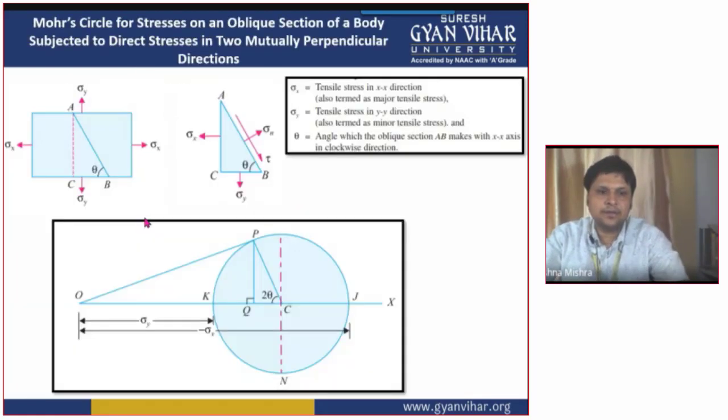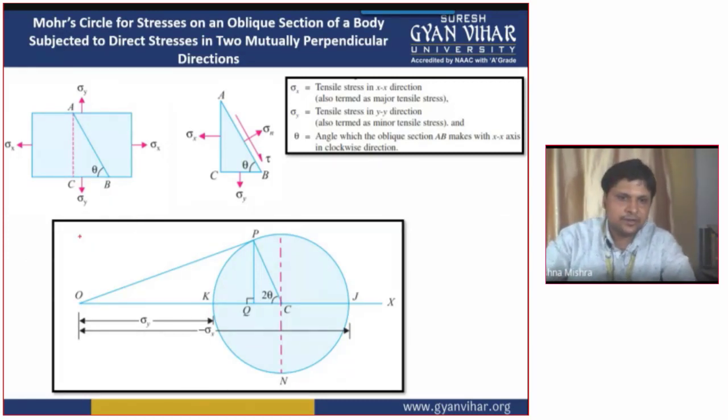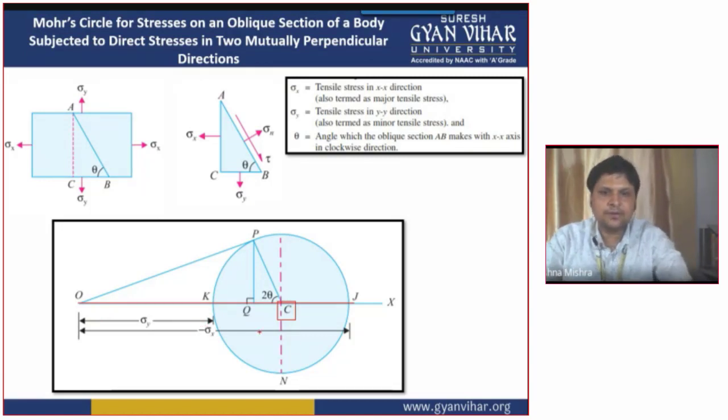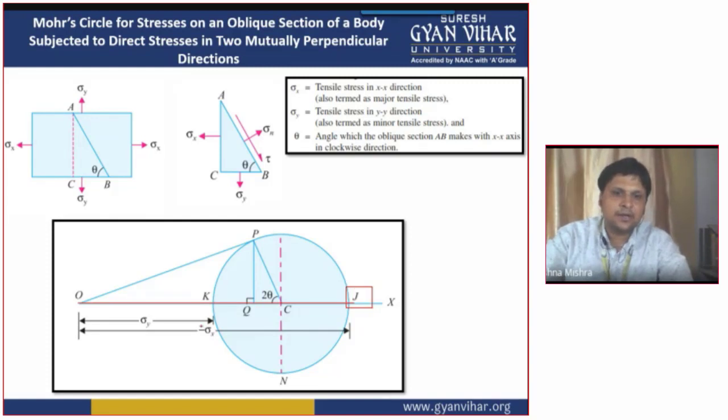All right, this is the diagram which I have tried to make and explain to you. First of all, we have drawn a vertical line. Then we made this J point, and the distance of J from point O is my sigma x. Then we made one more point K, and the distance of K from point O is sigma y. After that, we found the center point of this KJ, which is at C.